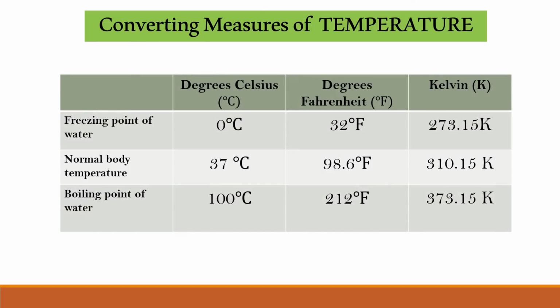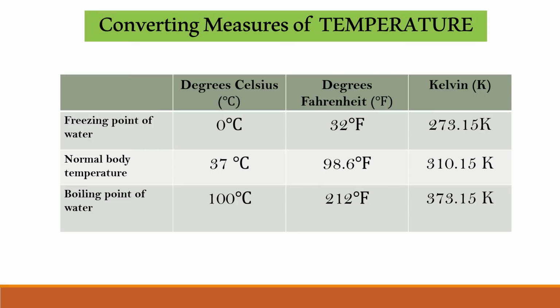In this table, you can see the most common conversions that you must memorize. For the freezing point of water, it is 0 degrees Celsius. In Fahrenheit, it is equal to 32 degrees Fahrenheit, and that is equivalent to 273.15 Kelvin. For the normal body temperature, it is 37 degrees Celsius or 98.6 degrees Fahrenheit, or in Kelvin, it is equivalent to